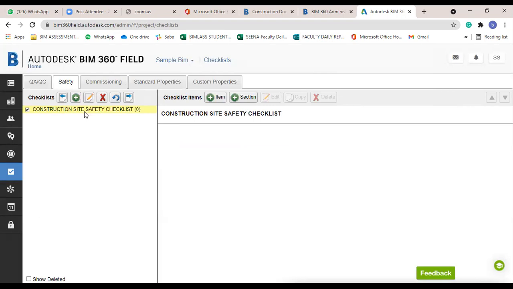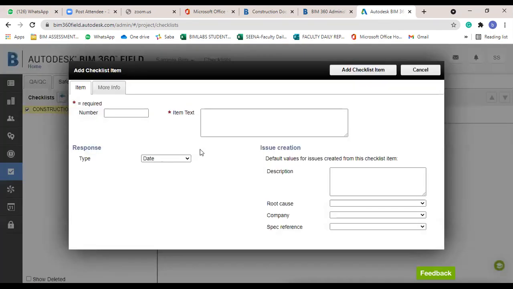Then we can add questions inside the category. For adding questions, just click on the add item option in checklist items. The first question: I'm going to add the number, and in the item text we can add questions here.